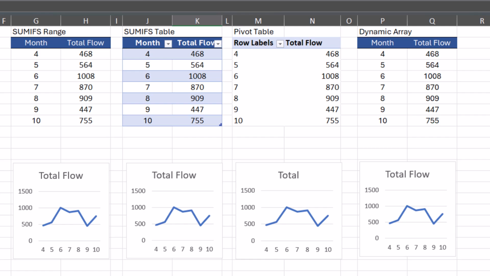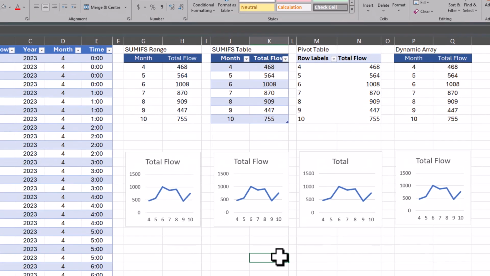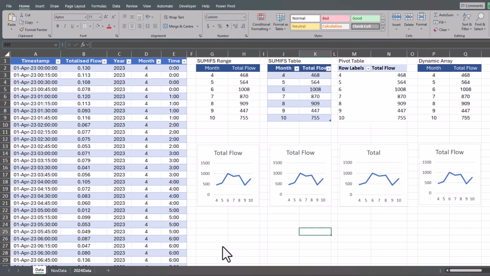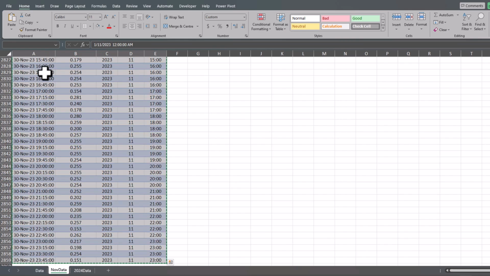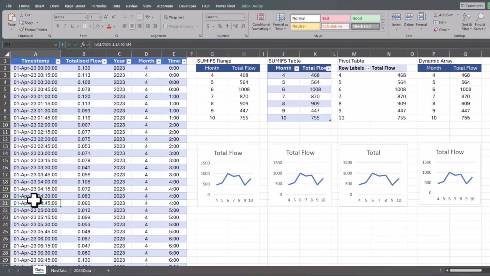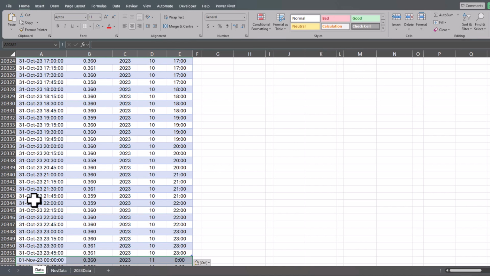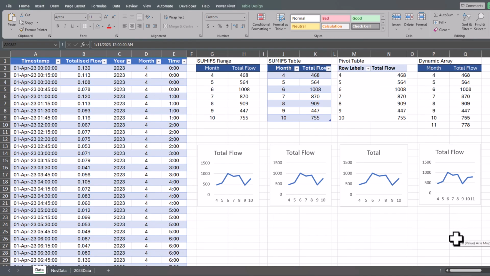Remember, I've got up to month 10, so I have up until October data. What if I wanted to add November data as well? Well, I have that in a worksheet here. I'm going to grab this, I'm going to copy it, and I'm going to paste it to the bottom of my data set. When I come back up to the top now, you'll notice that the SUMIFS range is the